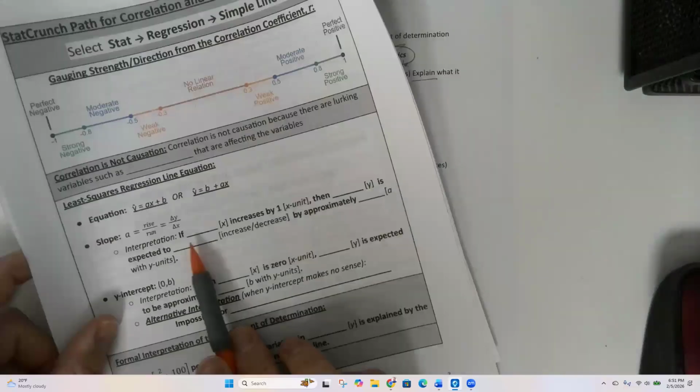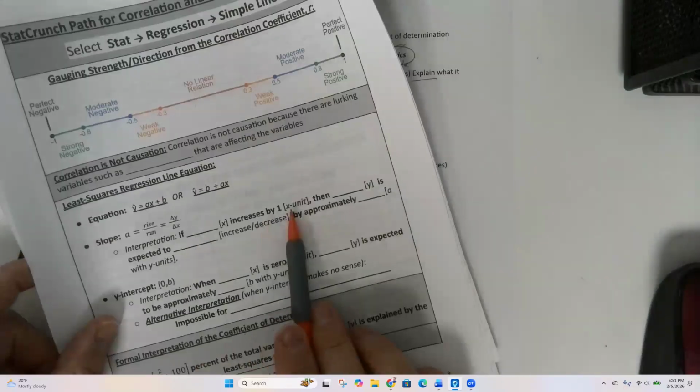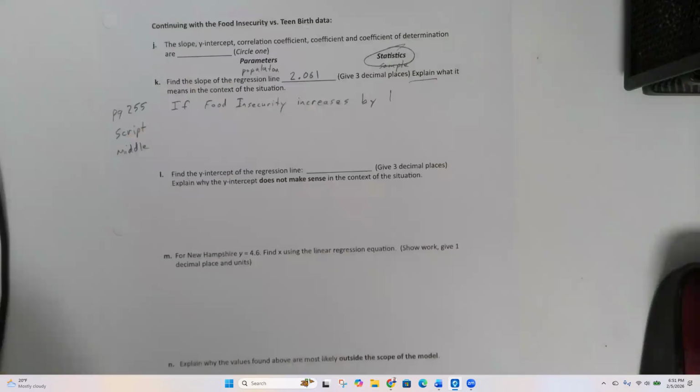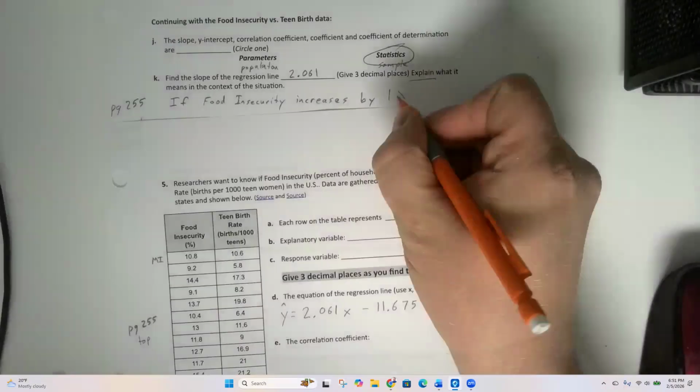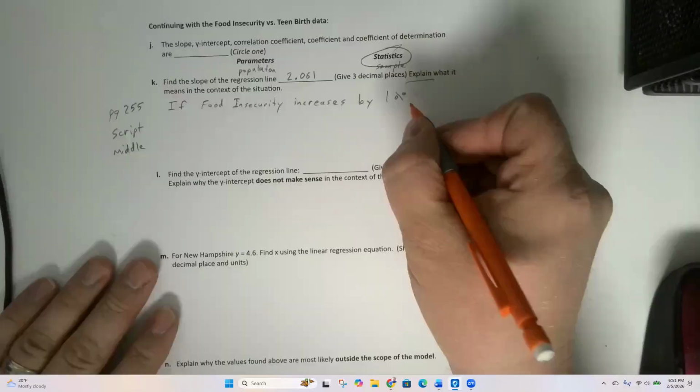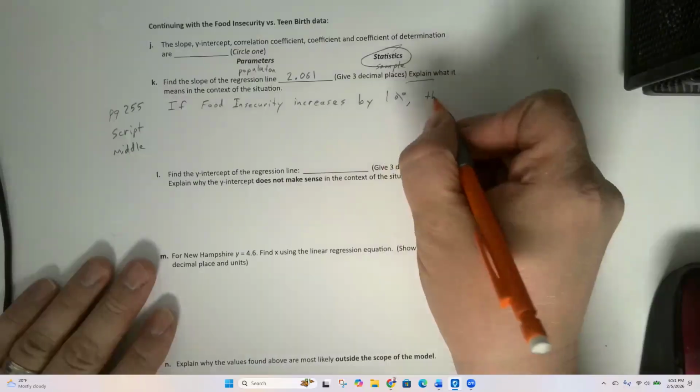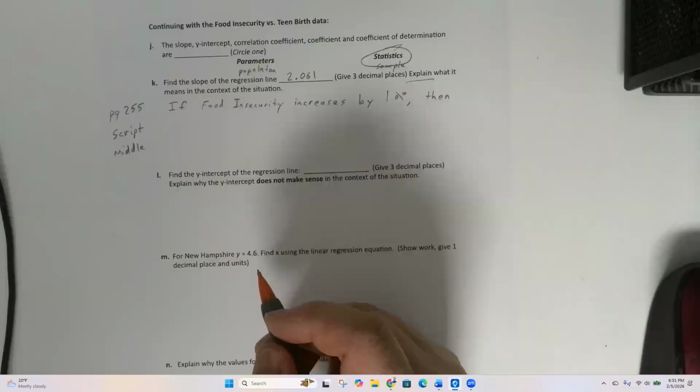So if x increases by 1, and then what is the unit for x? So the unit for x is percent. Okay, 1%. If food insecurity increases by 1%,